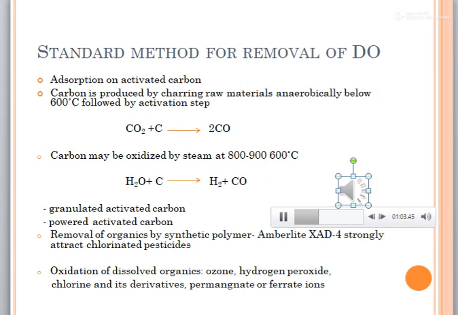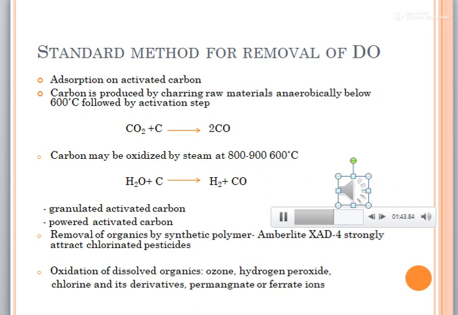Activated carbon comes in two general types. First is known as granulated activated carbon, second is known as powdered activated carbon. Granulated activated carbon consists of particles 0.1 to 1 mm in diameter, and powdered activated carbon particles are 50 to 100 micrometers in diameter. The exact mechanism by which activated carbon holds organic material is not known. However, one reason for the effectiveness of this adsorbent is its surface area.